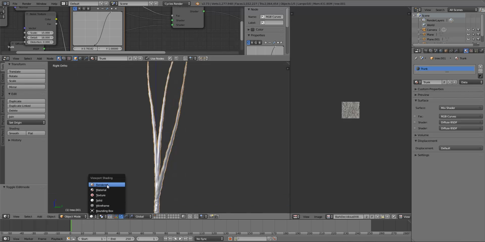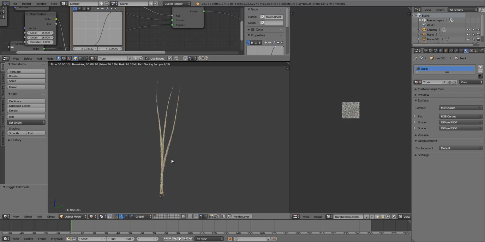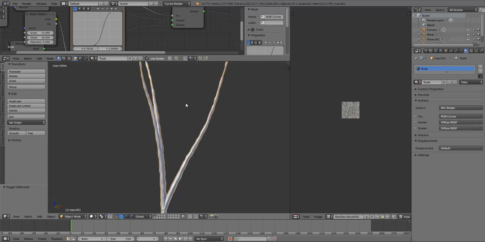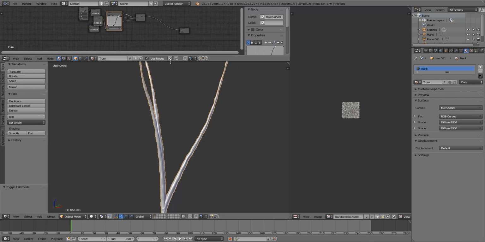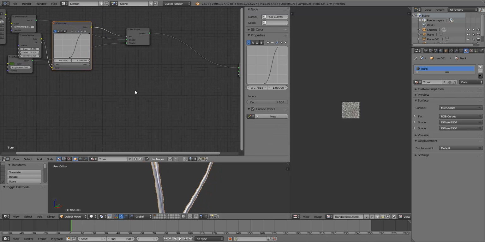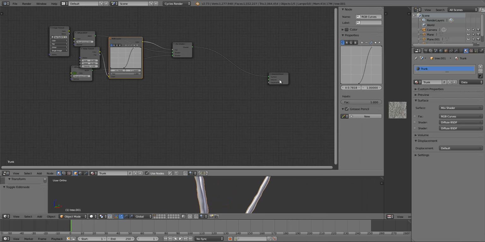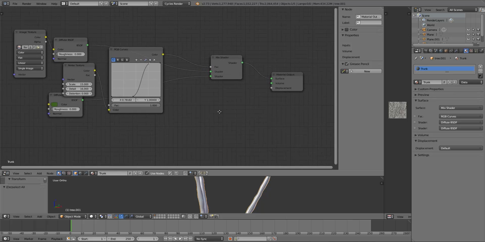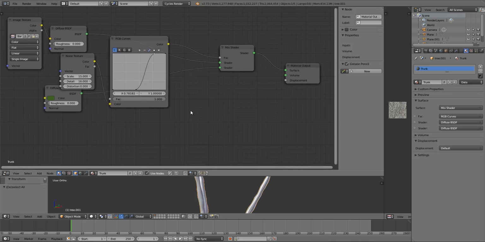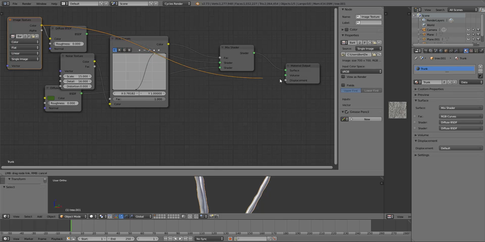So we have the bark shader for the trunk set up. So now we have to set it up for the other branches. Oh, really quickly, actually, I just remembered. Before we go ahead and do that, we still need to add bump mapping to this. I'm going to make this window a lot bigger, so hopefully you can actually see what's going on a little easier. Okay, so if we just plug this texture into the displacement input on the material output,